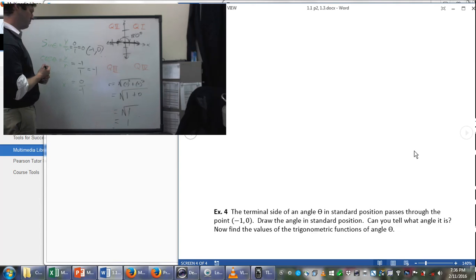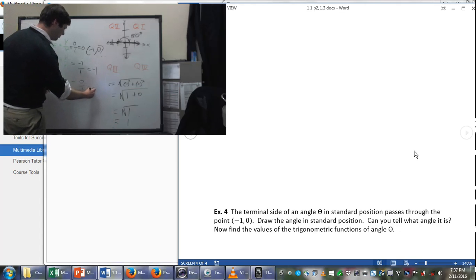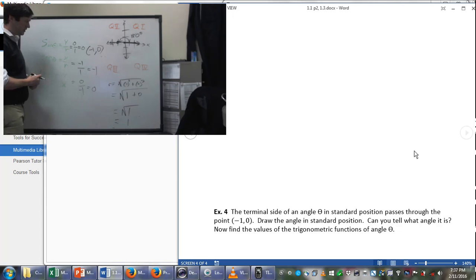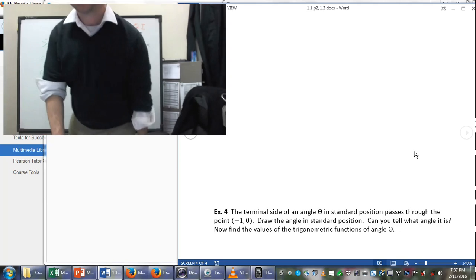Well, we looked at one of these today. There's my initial side, and my terminal side has to pass through that point they gave me. And my angle is the thing swept out from my initial side to the terminal side. What is that angle? That's a weird angle. What angle is